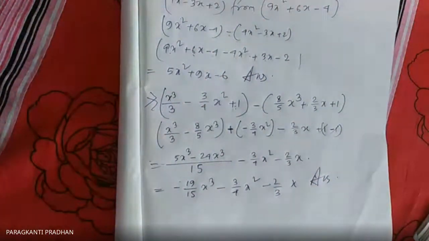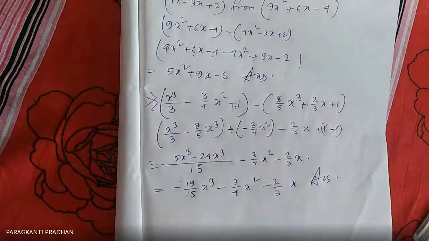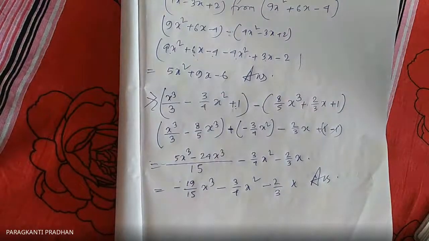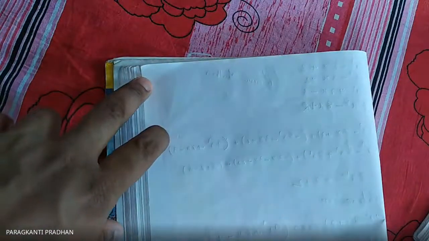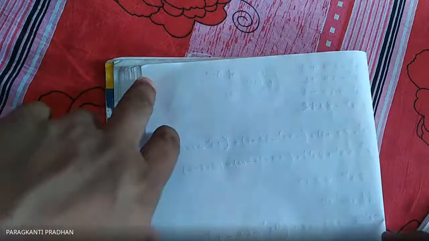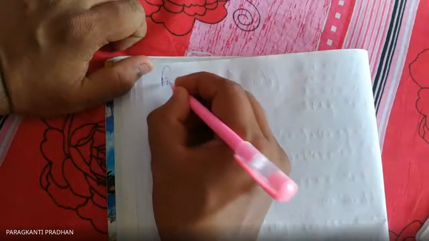Okay, now you can see the example number 6a. There are so many problems. Now I'm giving you one question. You can write this, or after this class I'm uploading this video on YouTube. You can see the total video, and by seeing the video you can copy the sum in your copy. Okay, find the perimeter